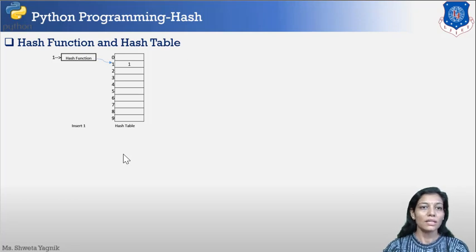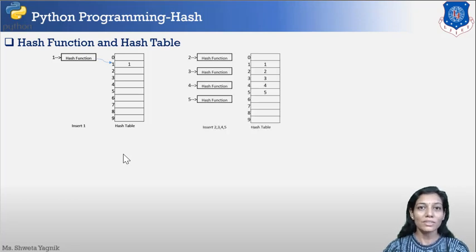Now next, if I want to insert further data like 2, 3, 4 and 5, according to the same hash function that we are using, that is modulo 10, 2 will be mapped at the location of slot 2, 3 at the 3rd position as indicated over here, and likewise 4 and 5.